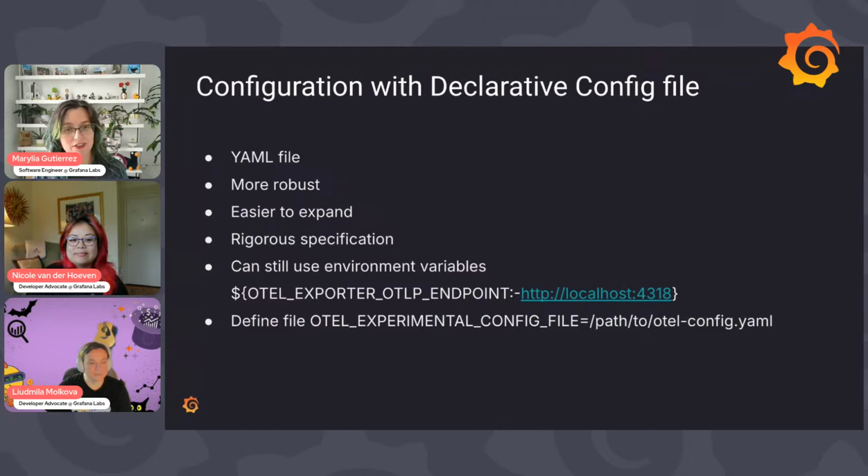Well, I see the irony in this, but you set up an environment variable to say that you want to use a file. What the SDKs are now implementing is that they check this environment variable. If you have a file and it's valid, it's going to use that and ignore your environment variables. So it's one or the other. It's not going to take a couple of values from the file and a couple from the environment variables. If it finds that you have a valid file, it is going to use those.